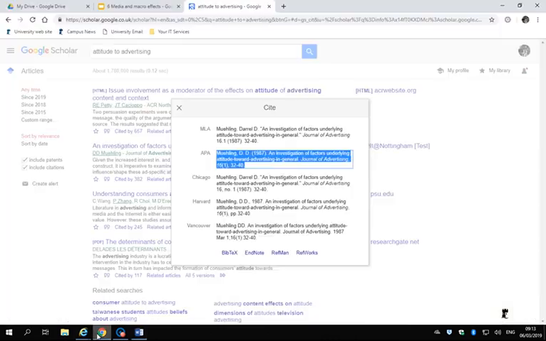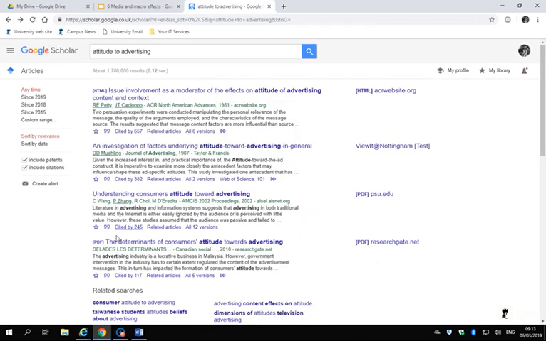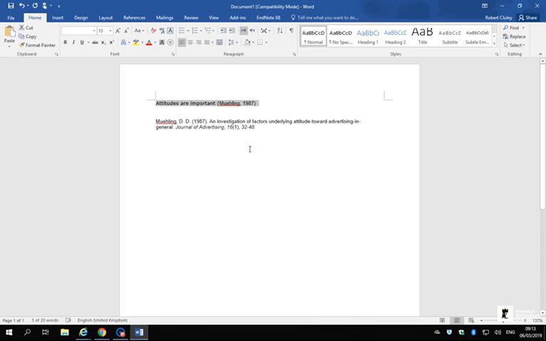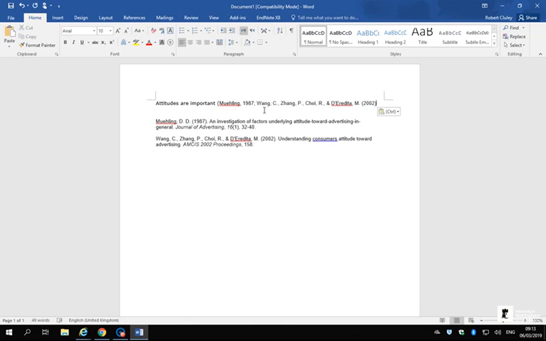Sometimes what students will also do, and not just students, it can also be experienced academics, is they'll say, well, things look better if you have 2 or 3 people saying the same thing. But I can't read them all because why would I read 2 or 3 people saying the same thing? What I'll do is I'll just read one and then I'll put some more in the list and hope that if I put enough people in the list, the people marking will think I must have read them all. Okay? Now, doing this